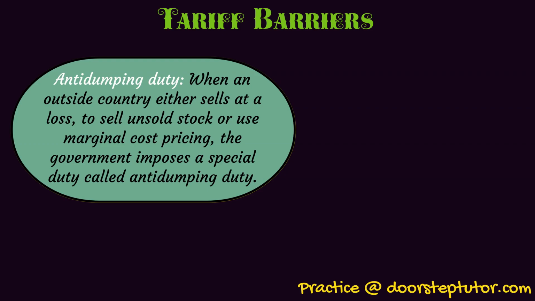Okay, and when we talk about dumping, it can be of four types: predatory dumping, persistent dumping, sporadic dumping, reverse dumping. Sporadic dumping is basically when a manufacturer is selling his unsold stock or inventories in an international market to avoid a price war in his home market. Then there is predatory dumping, where he or she is selling at a loss to gain the market and eliminate competition,